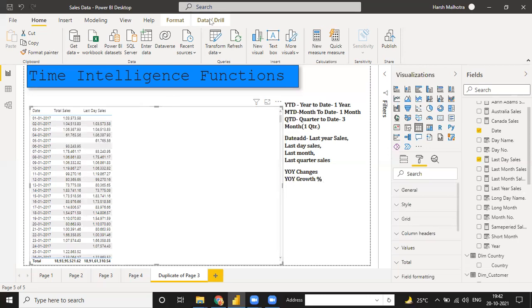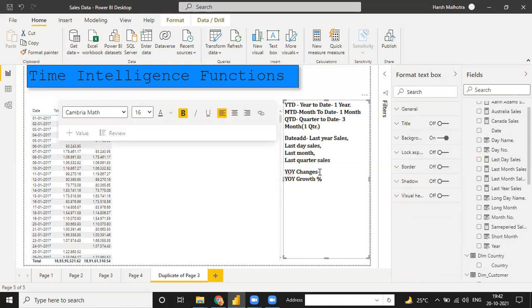So in between you guys, anyone know how to calculate YOY? In just normal language, how to calculate this YOY changes? Year by year. So every year we need to find the changes. Yeah, growth. You can just use your current year minus previous year. Okay, and how to find this growth percentage?